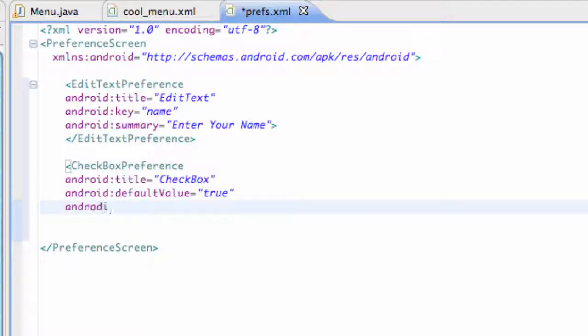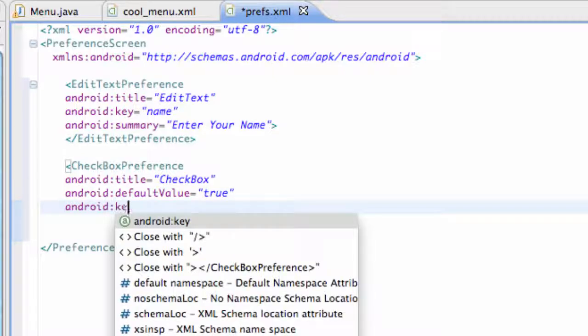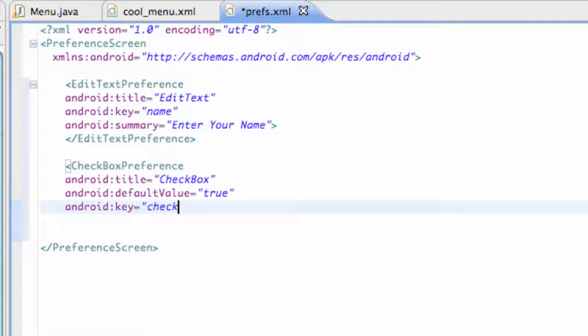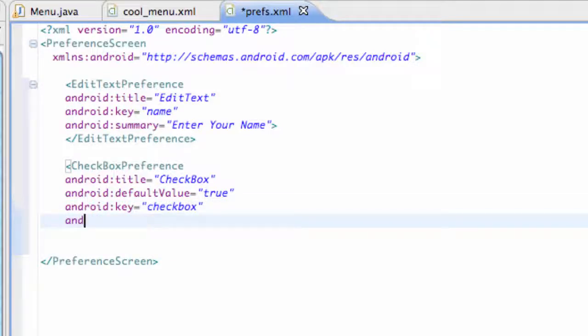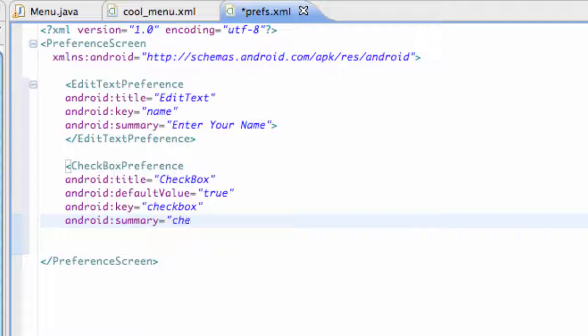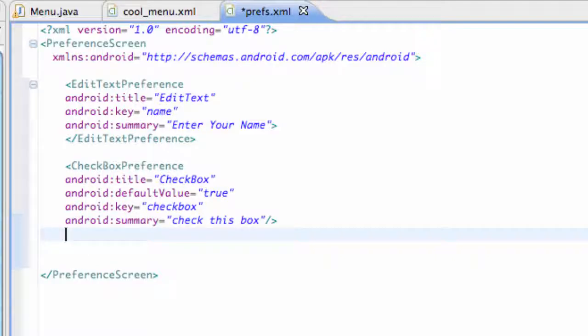and also we're going to add a key reference, so it can save it, and we're going to call this key reference checkbox. This isn't really going to do much, but we're just setting it up for the most part. And again, android:summary equals check this box. Nothing spectacular. And then we're just going to finish it with a slash and a less than sign,